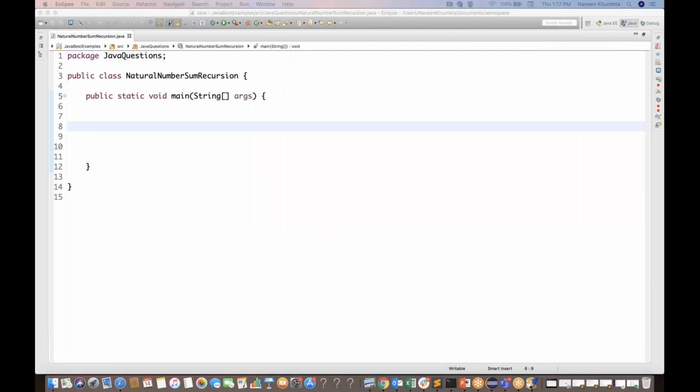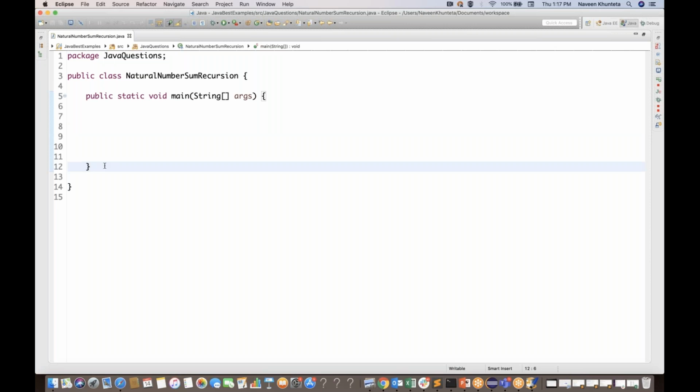Okay, so how to solve this? It's very, very simple. Whenever we are talking about recursion, it means a method is calling itself. That is called recursive programming. A method is calling itself. So obviously we have to create a method for that, and we have to write a logic which will add the numbers. So I simply write public static, which will return an integer, and I say add number, and whatever number that you are passing over here,